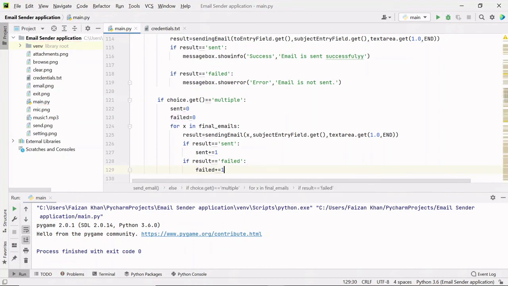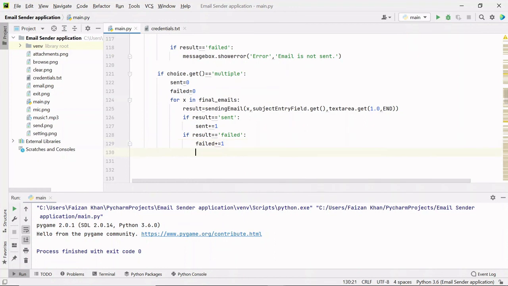So if there are 4 emails inside this final emails list, and suppose 3 are sent, then inside the sent variable we will have 3, and suppose 1 is failed, then inside this failed variable we will have 1. And then we will update total, sent, left and failed labels.